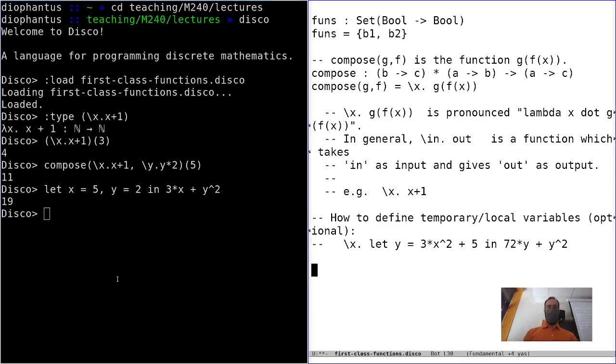Let's do other examples. How about, let's make a function called iterate, and here's what it's going to do. It's going to take 3 inputs, or really it's taking 1 input, which is three things together. So it's going to take a natural number, and it's going to take a function, and I